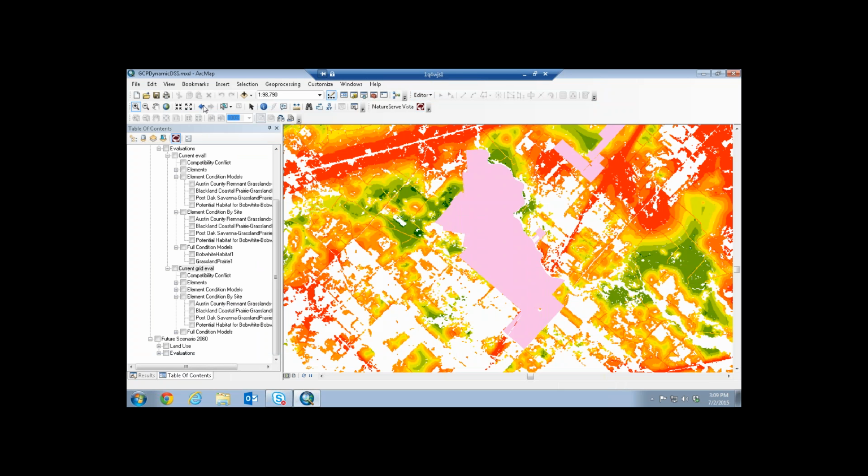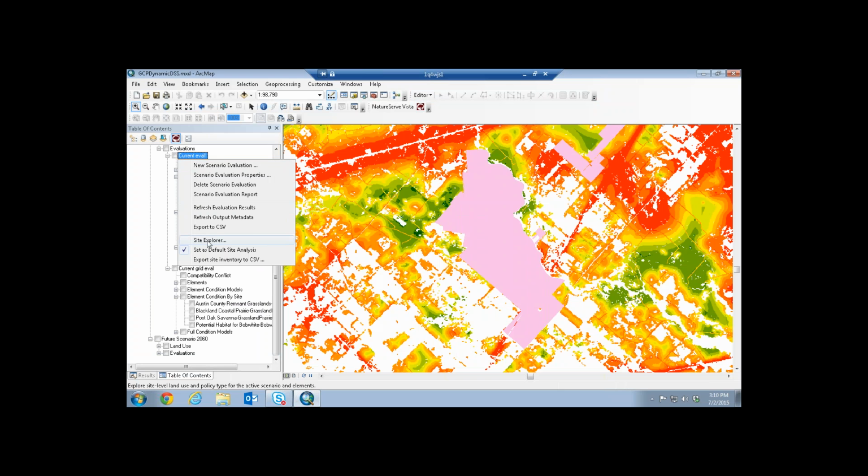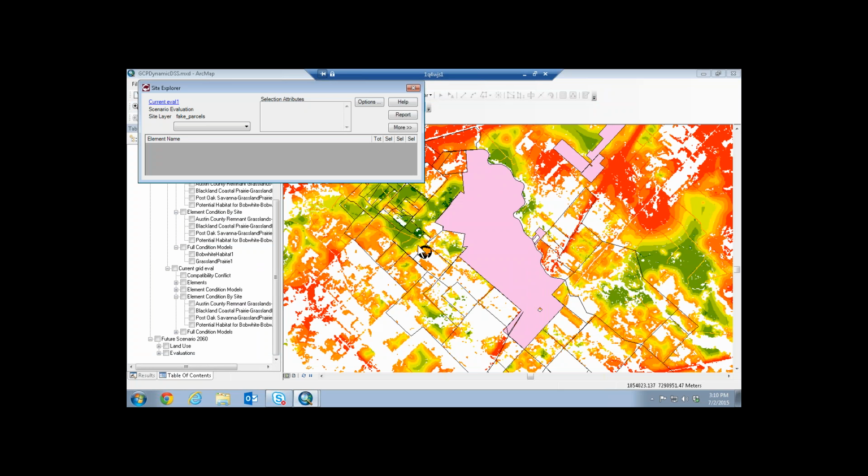If we were to look at, well, I'll just show you, since we have the two open right here, we could go to that different evaluation, which incorporates the parcel layers as the site layer, these fake parcels, and we could use that to select different areas. And so within the tool, you can have multiple different site layers,